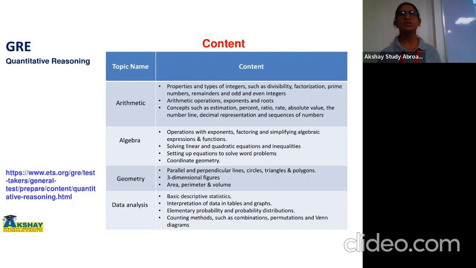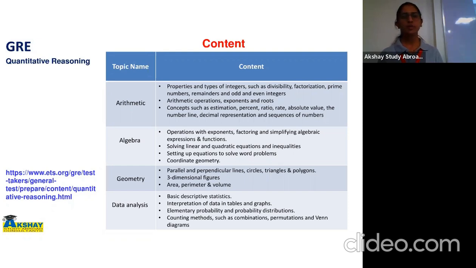But there are some strategies to solve, because if some quadratic equation is given and they are asking you to find out the x value and options are there, you can directly put each and every option in that equation and you can find out your answer. So like this, you can use your elementary concept, basic knowledge to tackle this problem. Then algebra also includes equations, how to convert a word problem into equations, and the coordinate geometry topic.